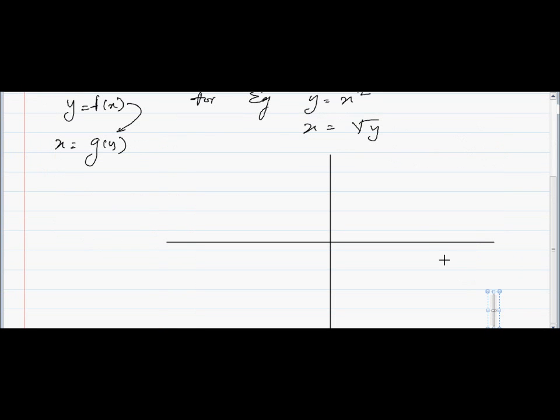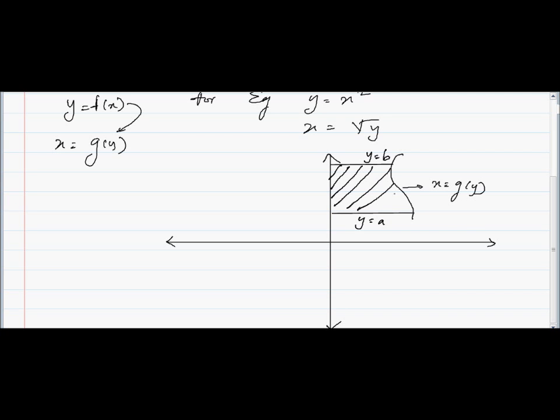similarly let us see this curve in this way. Let's say for example this curve is x is equal to g(y). It's an example. This is y is equal to b, this is y is equal to a, upper limit and lower limit. To find out the area, as you must have guessed, everything remains the same, just reversed. That means area will be equal to the integral from y is equal to a to y is equal to b of x dy.